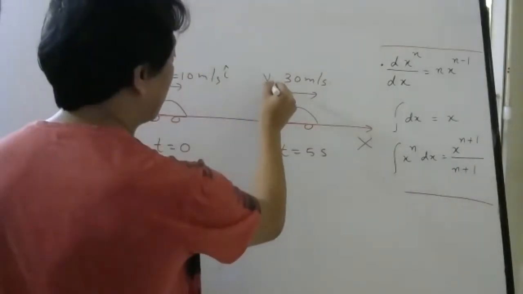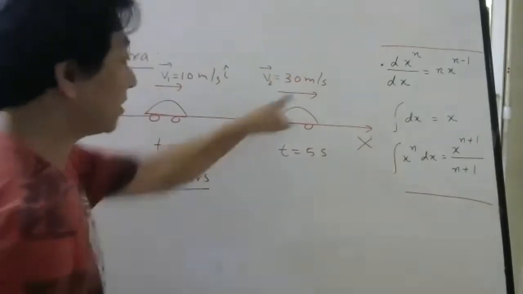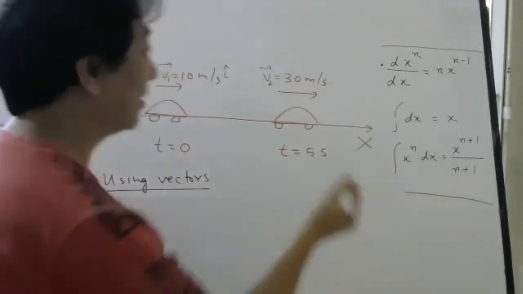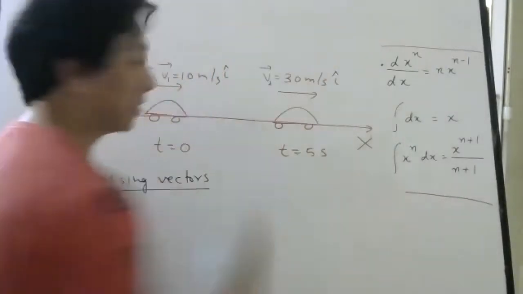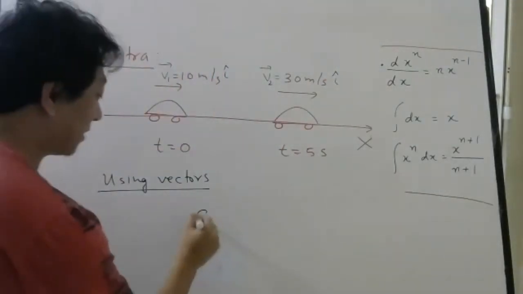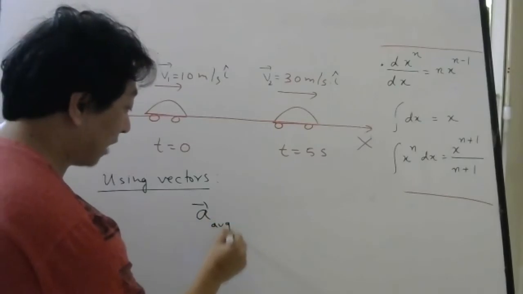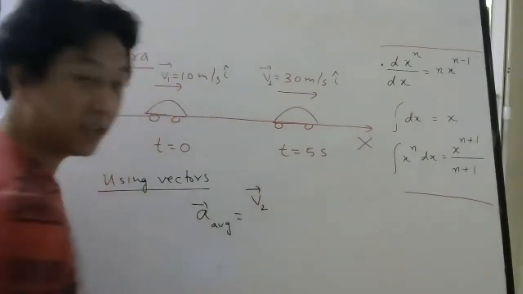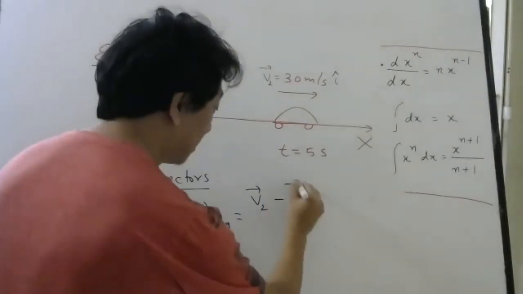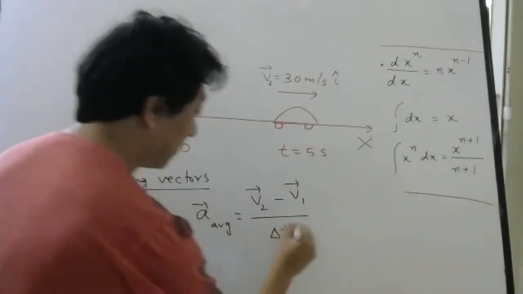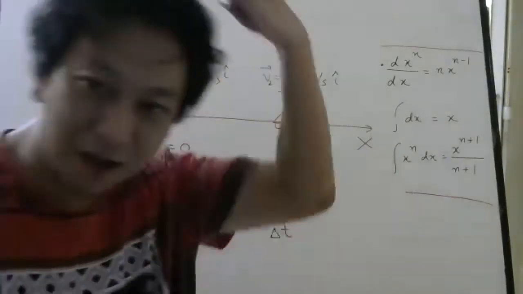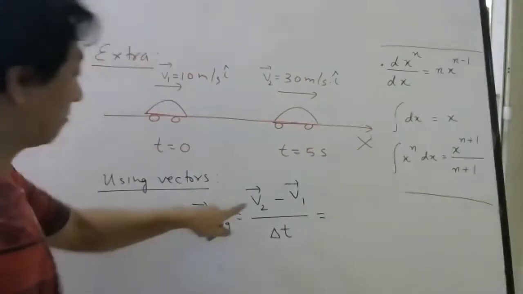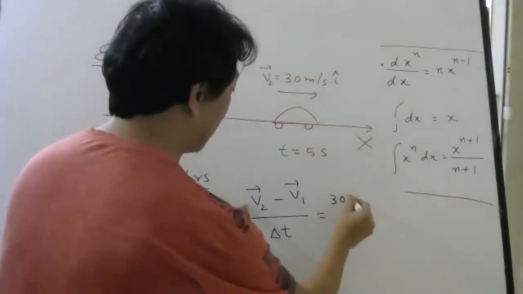This will be your final velocity vector. This is also along the x-axis, motion in a straight line, so this also is i cap. Now what will be the acceleration formula? Average. Now I am writing in vector form: final velocity minus initial velocity divided by time taken. For time taken, don't put a bar, because time is scalar.